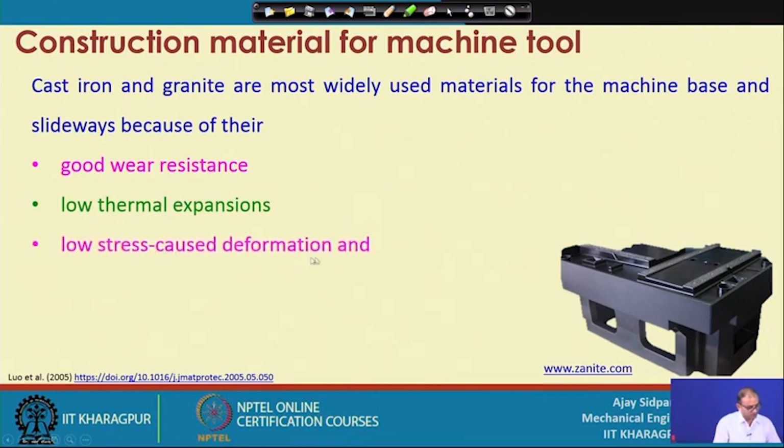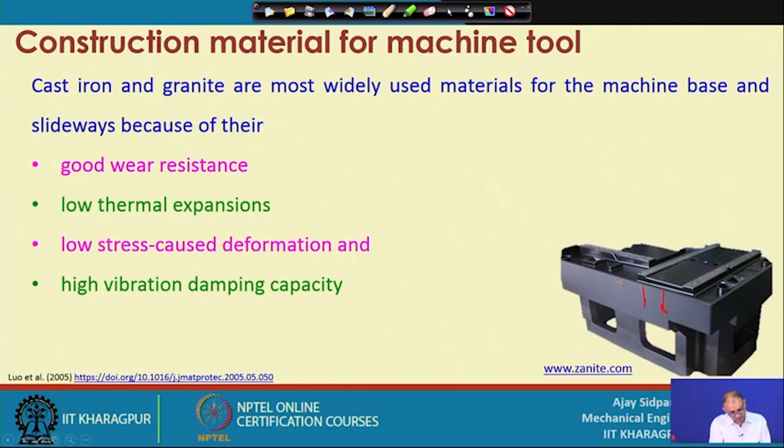Low stress cause deformation, because when you are using this material, these materials are subjected to less deformation under stress, and the high vibration damping capacity. So, whenever there is a vibration, this vibration will be absorbed within this end only. It will not actually transfer to the other component or other joint. So, these are some of the advantages of this particular material, so that you can use it comfortably for the different applications. But some of the issues are there when you are going to use this material for the